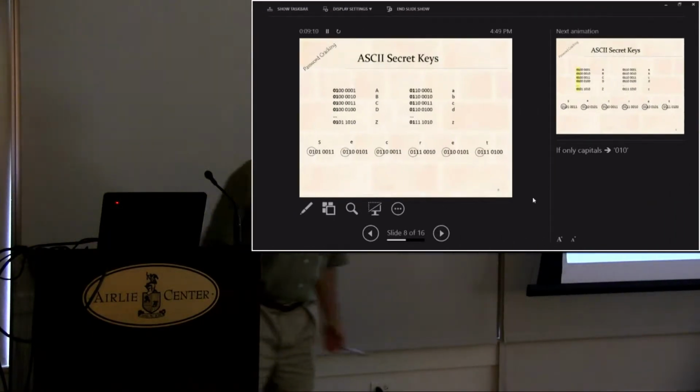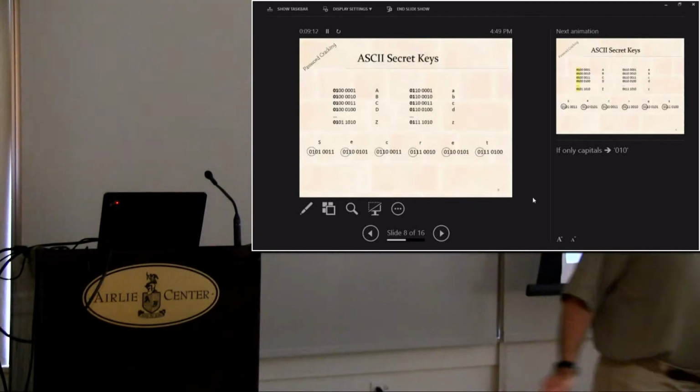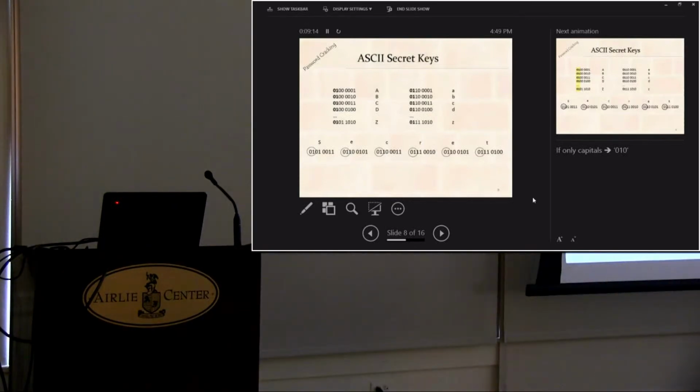We have a question from the peanut gallery. Are you assuming they're using the ASCII directly as a key rather than through a PDF? Am I assuming they're using